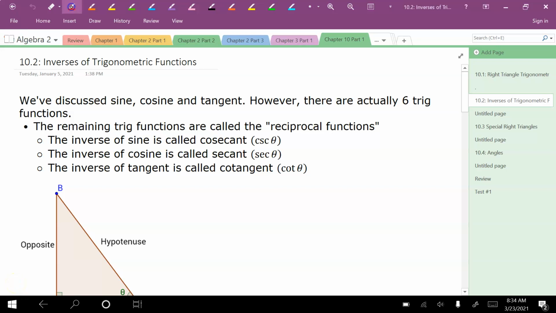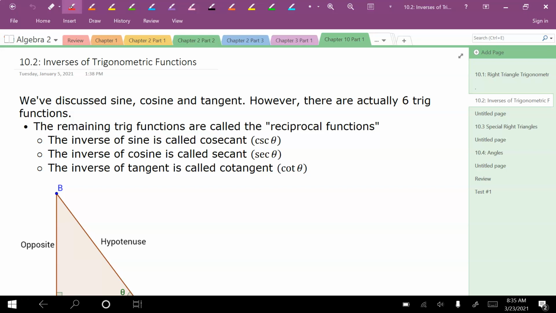Okay, so we're going to go into a little bit more detail about the inverses of those trig functions that we were talking about yesterday. We discussed the main ones yesterday, sine, cosine, and tangent, but there's actually a total of 6 different trig functions. And the other ones, the ones that we haven't talked about yet, are known as the inverse functions